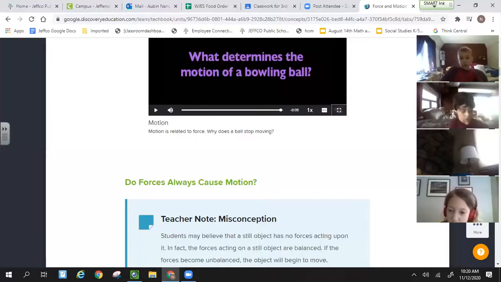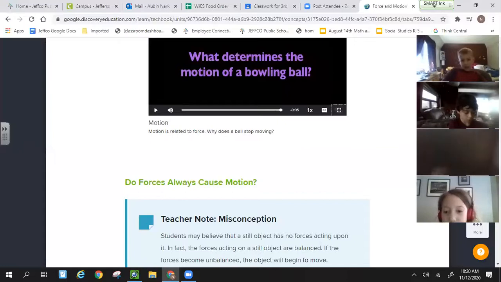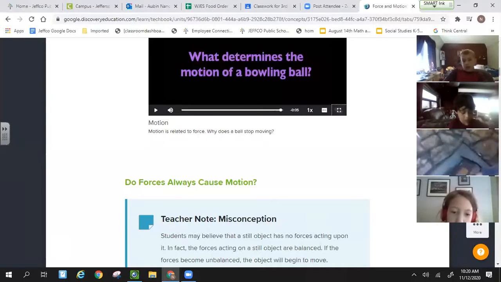No. How do you know? No, we're talking about the forces we talked about: pushing, pulling, and gravity. But do they always cause things to move? You say no. Give me an example. When do you use force and something doesn't move?